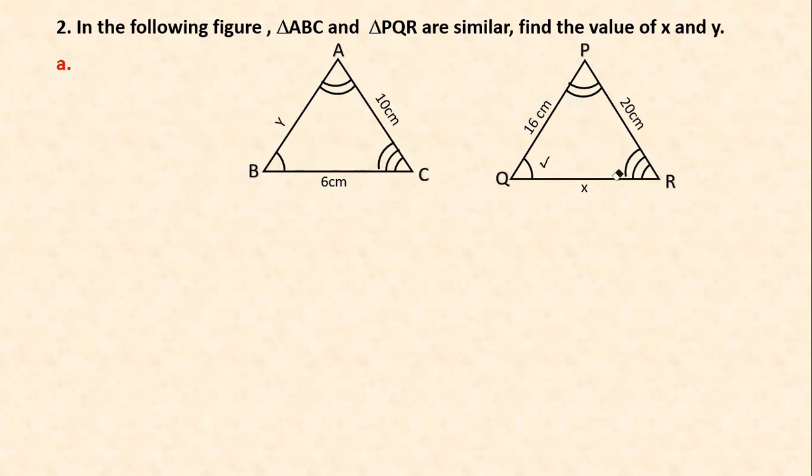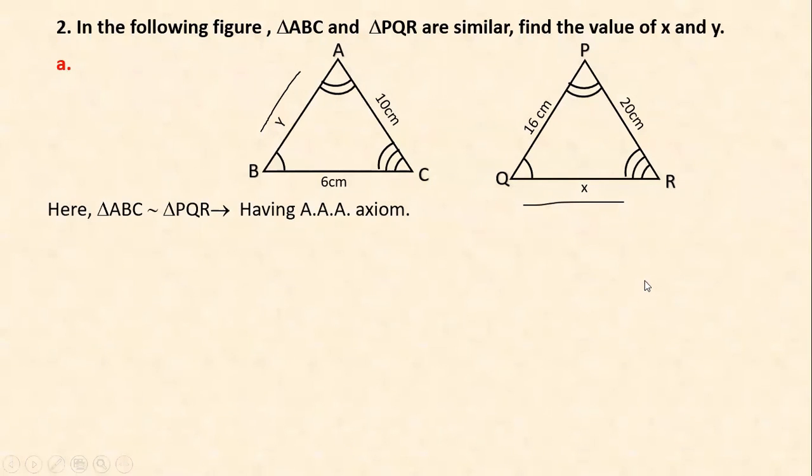So, how to find the length of x and y? X is here, y is here. Have you seen? First of all, we have to know the relation of these corresponding sides. We know the relation is proportional, but which sides are in proportion? So first of all we have to write the proportional sides here. Look here. Triangles ABC and PQR are similar.